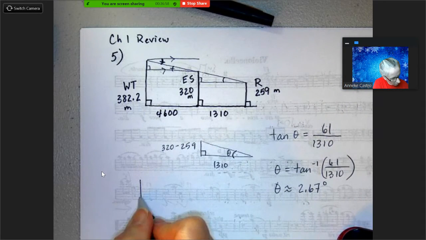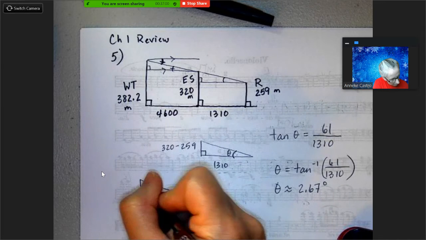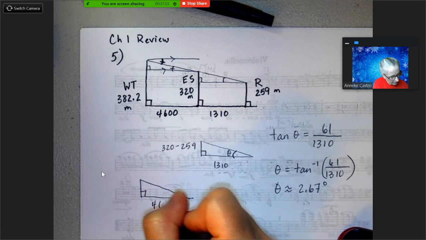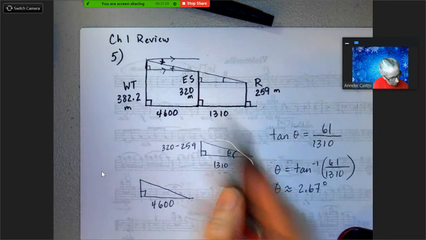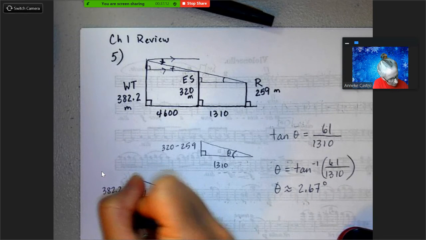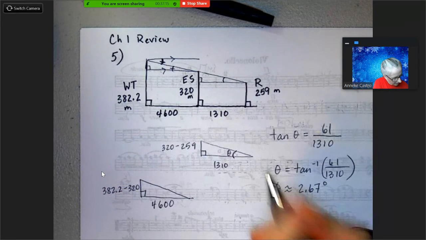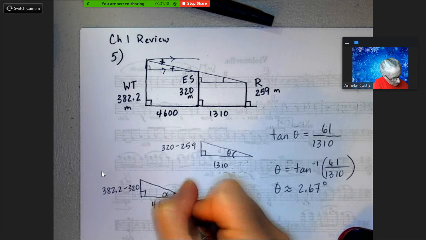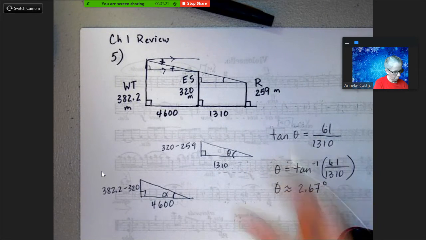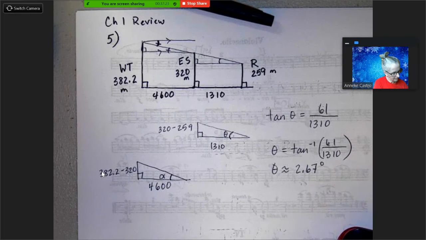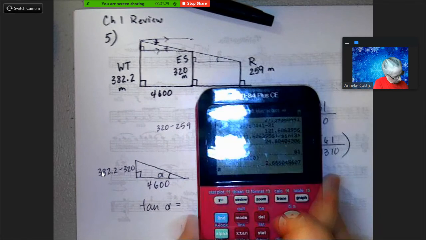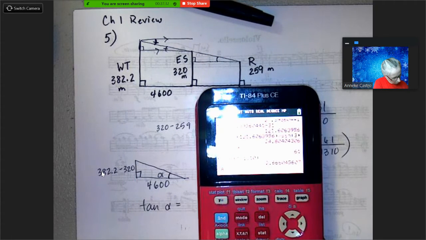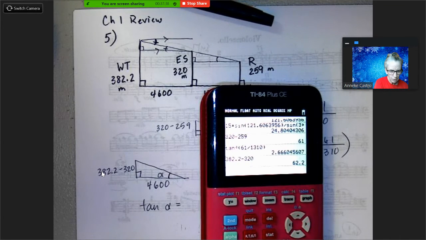So I have my cute little triangle. I know it's a right triangle. I know the base is 4,600. And again, I can find this distance here by subtracting the heights of the buildings. So 382.2 minus 320 is going to give me that height. And I'll call this angle alpha. All right, so same thing. It's still going to be tangent. So tangent of alpha is equal to, let's go ahead and subtract those. 382.2 minus 320 gives me 62.2